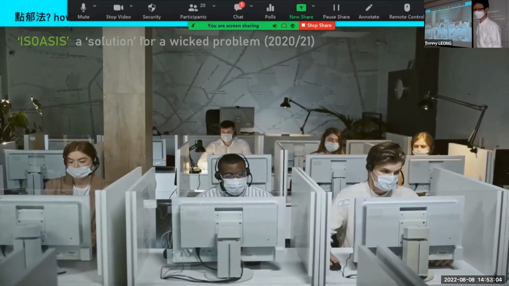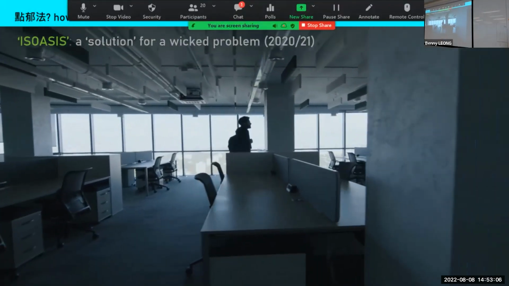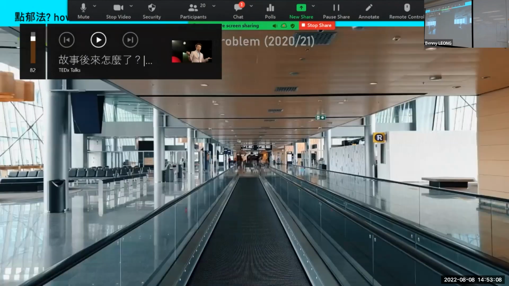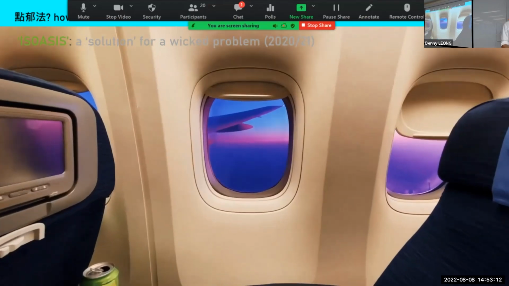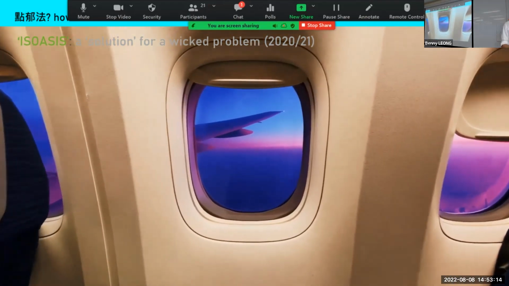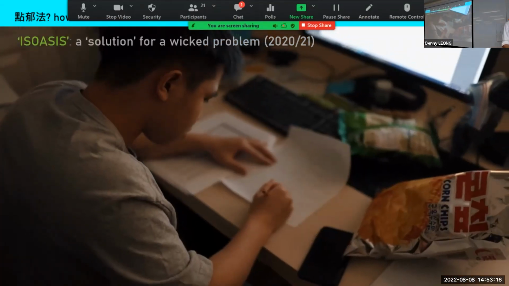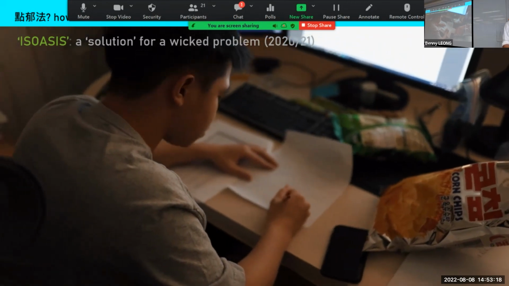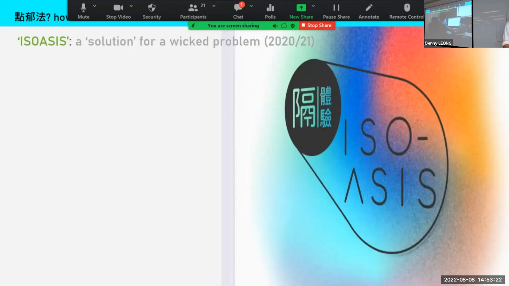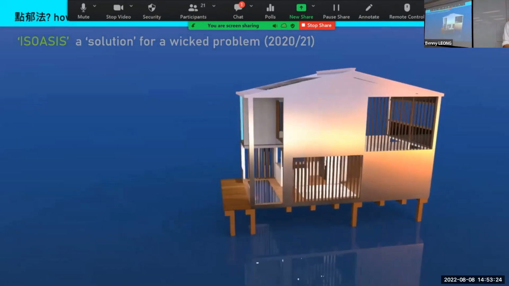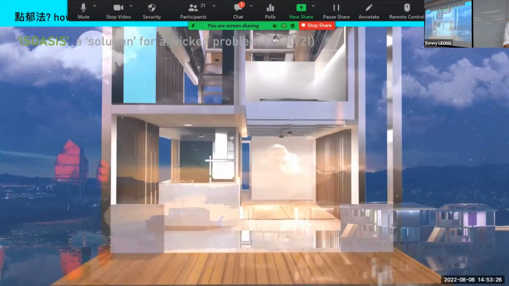We as humans are facing challenges every day. With climate change, pollution, and the pandemic circling us, what will the future of travel look like? Enter ISOASIS, a service design system that aims to redefine what traveling means.